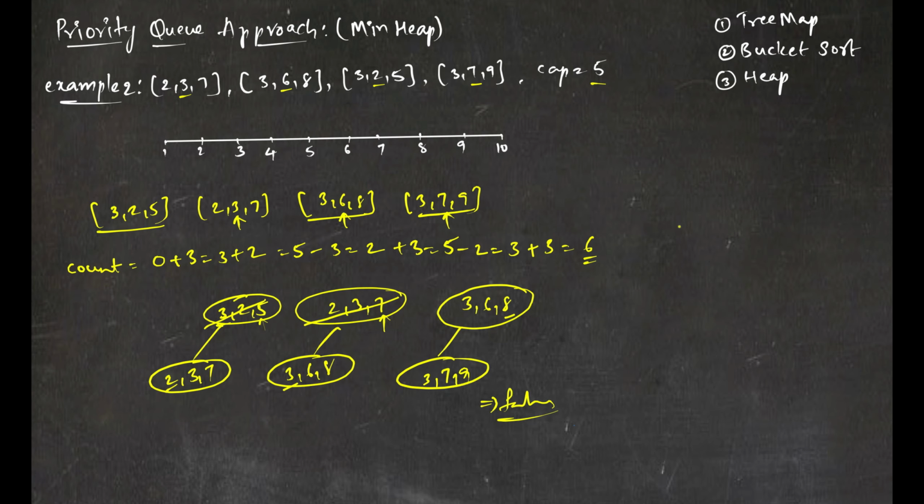And there is another case where my trip's number of passengers will be greater than the max capacity. Like if I have a trip like maybe 5 starting at 2 ending at 7, but my max capacity is 4 only. Here it has to carry 5 passengers, but my capacity is 4 only. So here I can just directly return false. I don't need to check my count or priority queue or anything else. I can just return false.